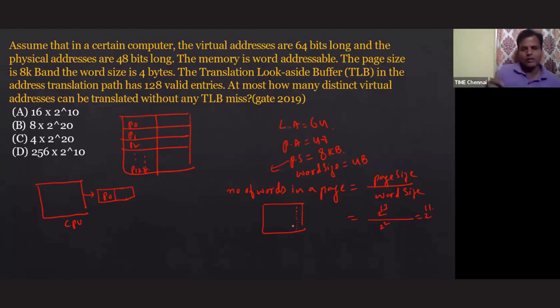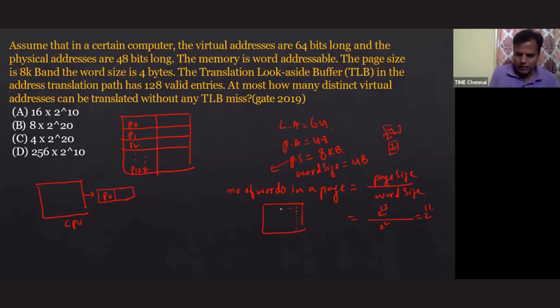To point that 16 words, I can write 16 as 2 power 4. So how many binary bits are required? 4. If inside the page I have 8 words, that means I can write 8 as 2 power 3. So to point these 8 words, how many binary bits are required? 3. In the same way, if I have 2 power 11 words, to point these 2 power